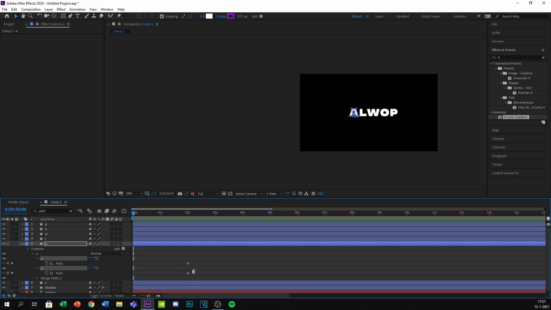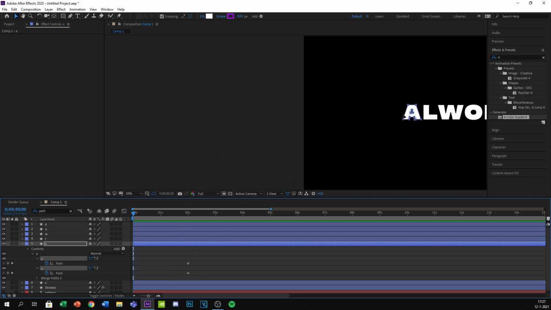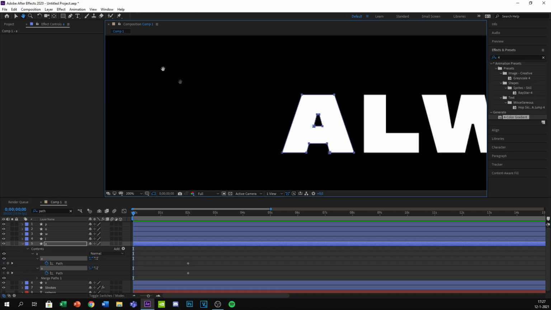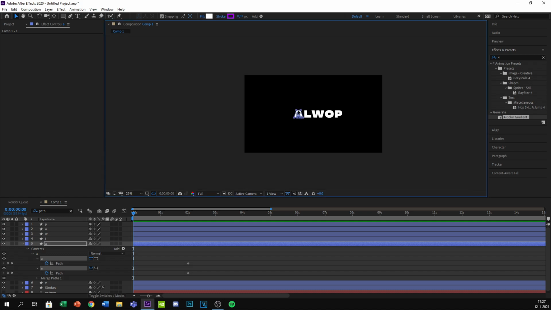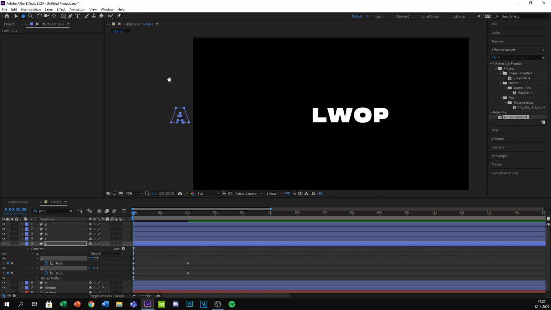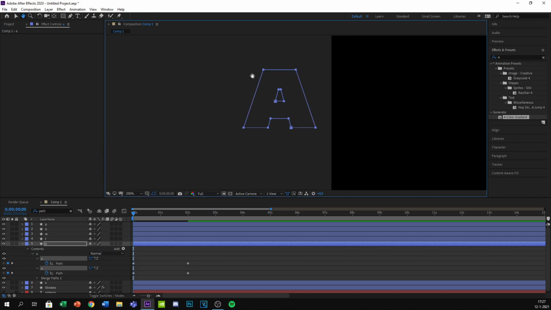And you made your keyframes on the 2-second mark. Now, what we want to do, zoom in on the A and select every point by holding shift. Click on one point, press shift, and you move it to the left. Now, with the hand, you can move on your composition.